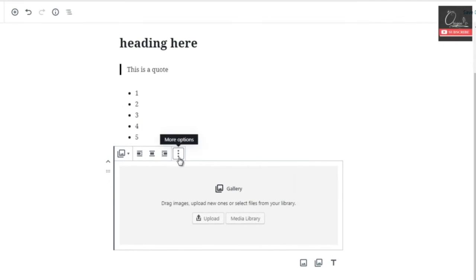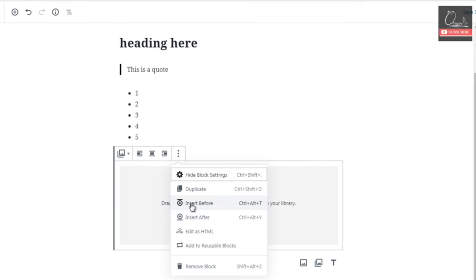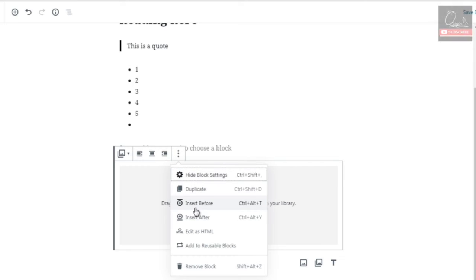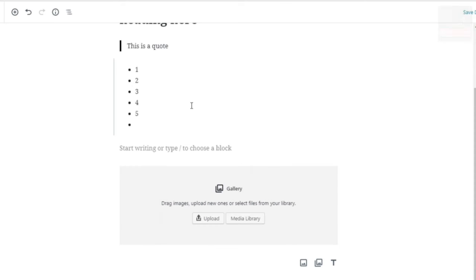All right. So again, more options. You can insert before or insert after. What that means is if you click it, you will insert a brand new block before or after. So like you're seeing here, there's a lot of options. You can either click here, or here, or you can simply click on the block and click on insert before. You can also edit as HTML, so for those of you who are more advanced